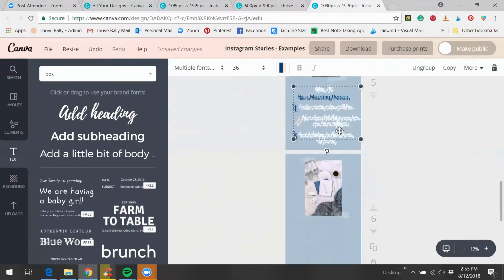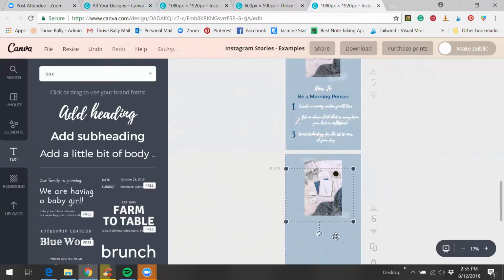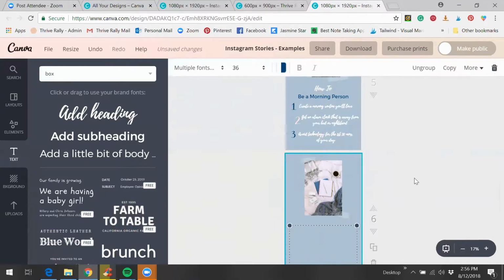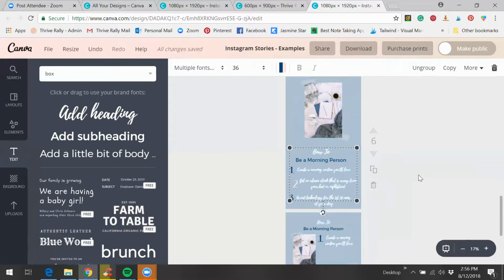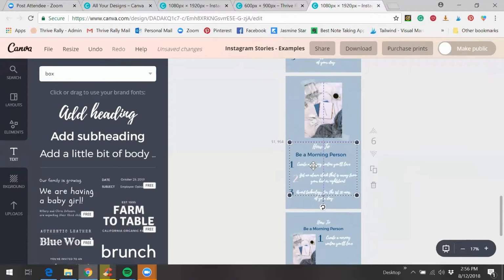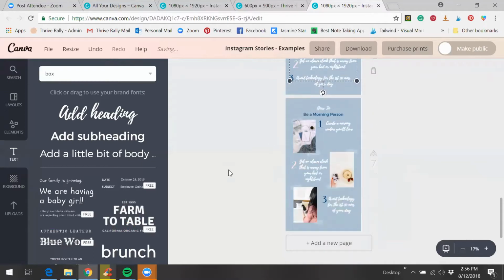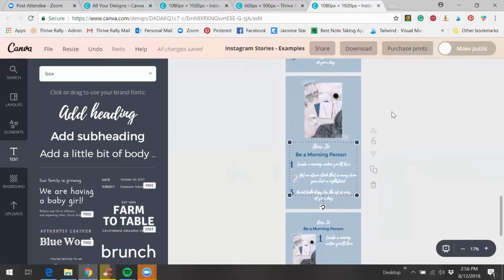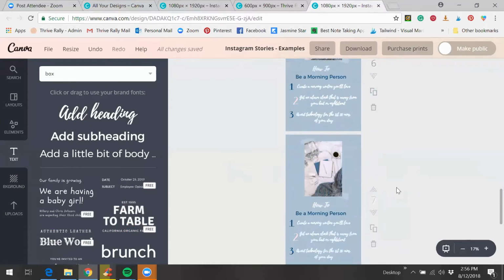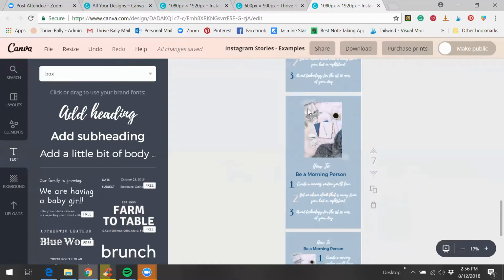And then that copy I can just move. So just so you know, in case you're not familiar with Canva, that is an option. So for example, here, I was like, okay, I like this, but maybe I want to make it more fun. I can go ahead and click copy. Okay. I'm going to go ahead and highlight this to group it together